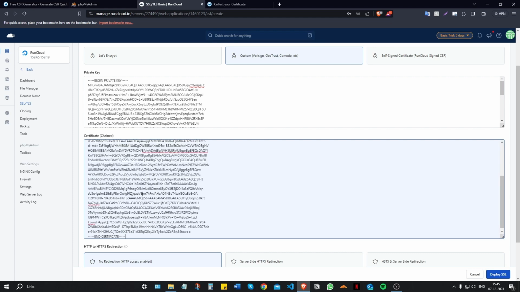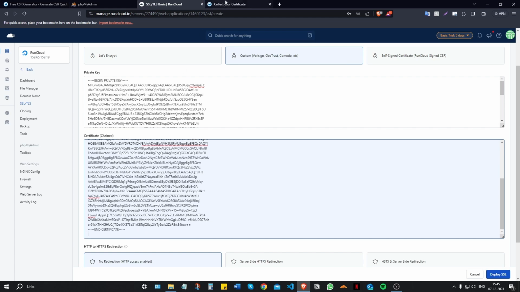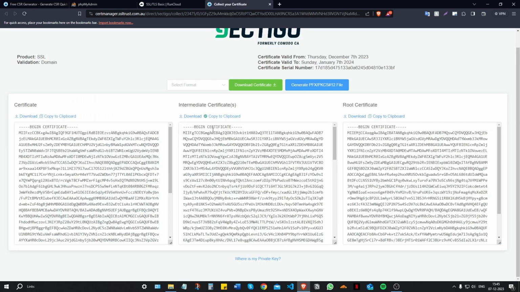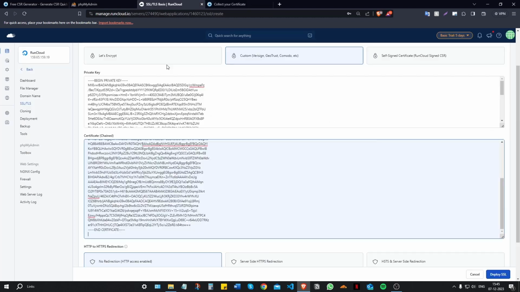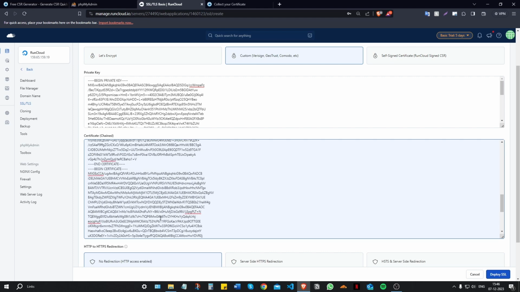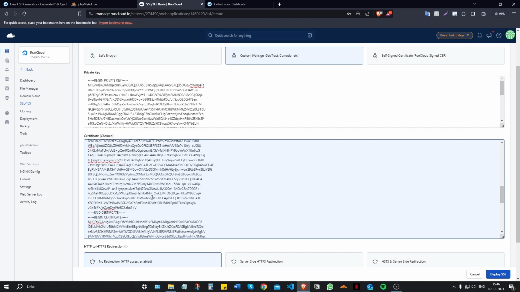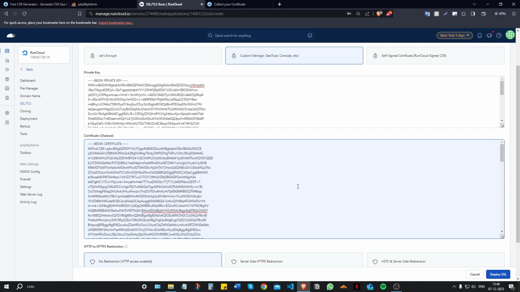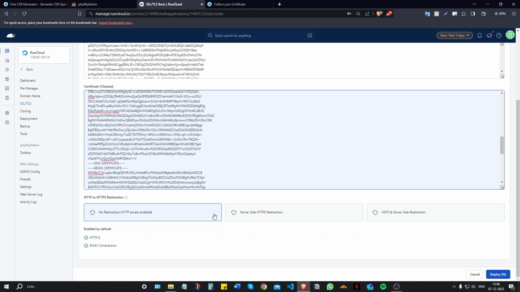Then after that, we're going to just press enter, just a line after that. And then we are going to copy the intermediate certificate to our clipboard and then paste it just after the main SSL certificate. So you should have a total of 3 certificates in a chain. And then you can either enable or disable